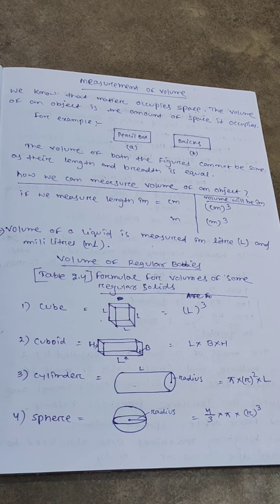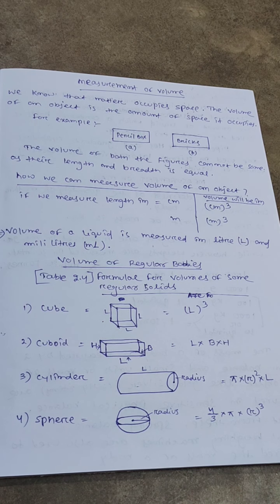Students, I just skipped one point: how to measure the irregular shape of an area of an object. We know that irregular surfaces do not have easily measurable dimensions. So it is difficult to have a formula to measure the irregular surfaces of any object, like the area of leaves. It is difficult to measure. So the area of an irregular shape of an object can be determined with the help of graph paper.